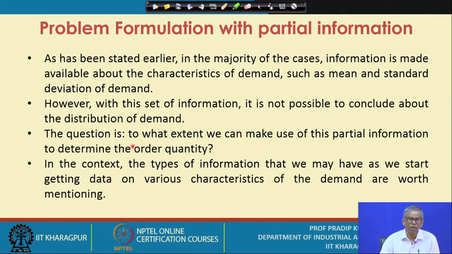Now, these 3 decision criteria we have already explained. That means the first one is the Wald criterion. You just check whether the Wald criterion is suitable in your case or not. If you find it is suitable, you apply it. If you find that it is not suitable, that means you don't want to adopt a conservative approach,